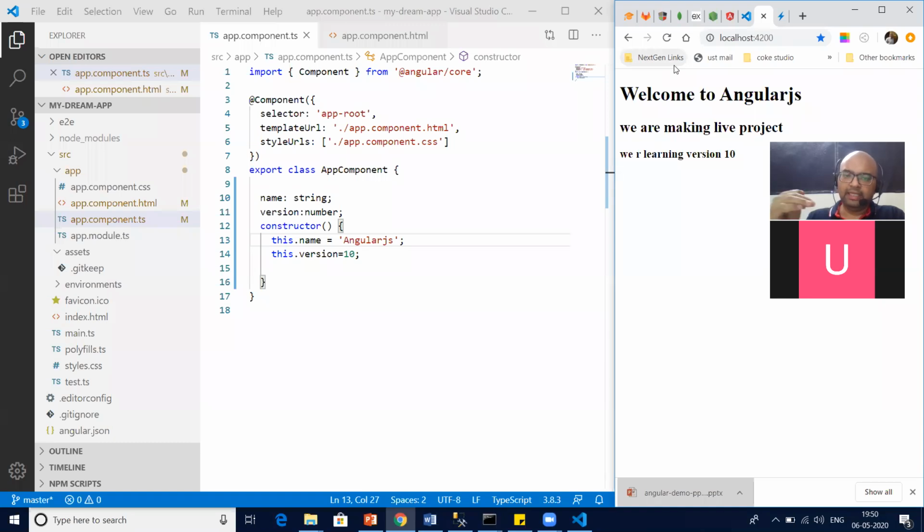Now, in this segment of the session, we're going to see a complete picture of component, in a hands-on manner, in a live manner, in a programming manner. Correct? We'll see how exactly we program in component.